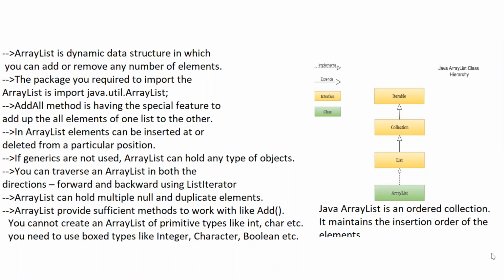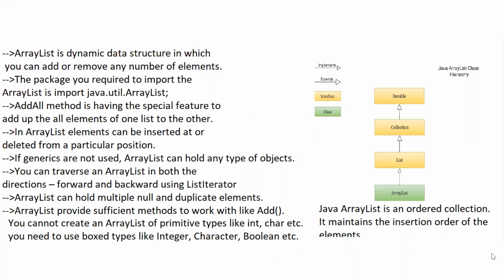elements, right? ArrayList allows duplicate objects and elements. ArrayList maintains the insertion order, how you inserted. ArrayList is not synchronized, okay? And ArrayList elements or objects can be accessed randomly. If generics are not used, ArrayList can hold any type